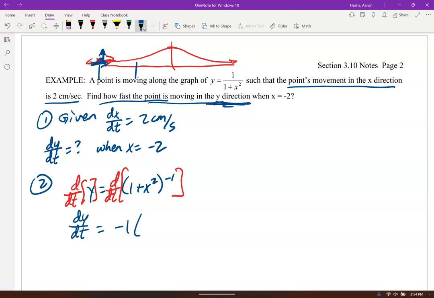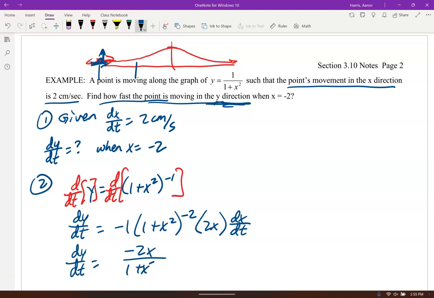Power rule, -1, 1 plus x squared. Now it's to the -2. Derivative of the inside is just 2x. Don't forget dx/dt. Whoops, that's a dt right there. Let's see if I can fix that. There we go. So dy/dt is -2x over 1 plus x squared